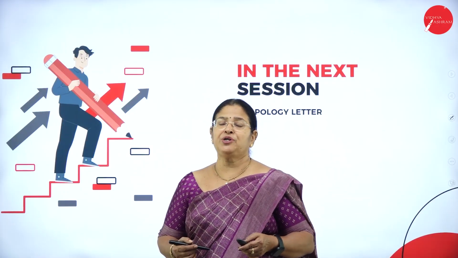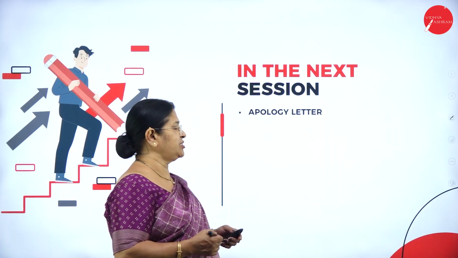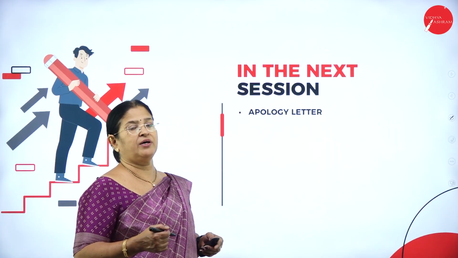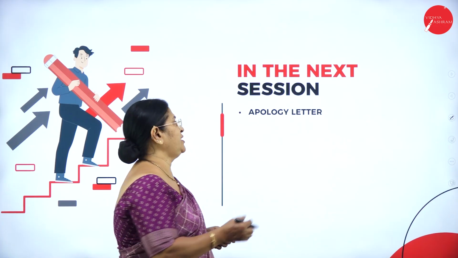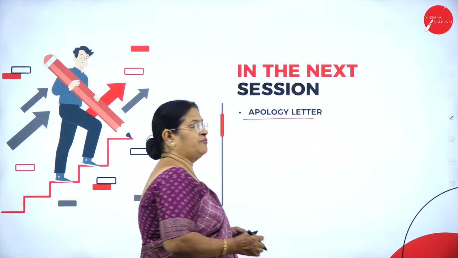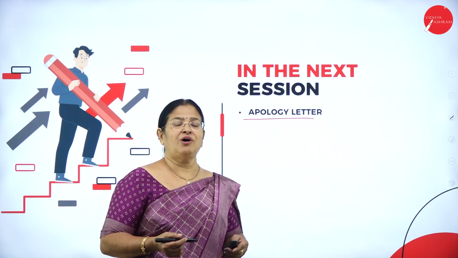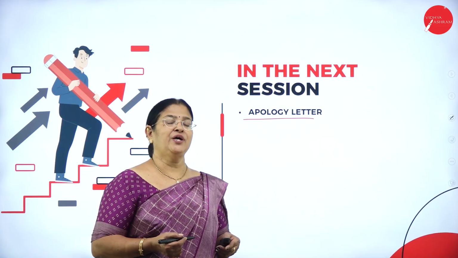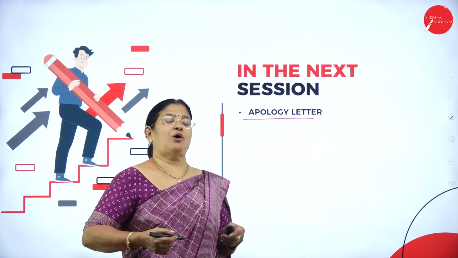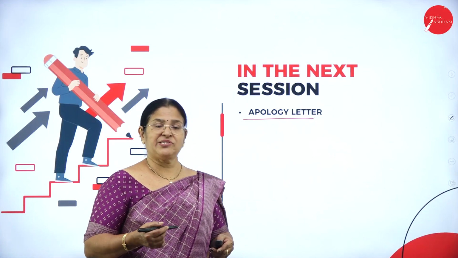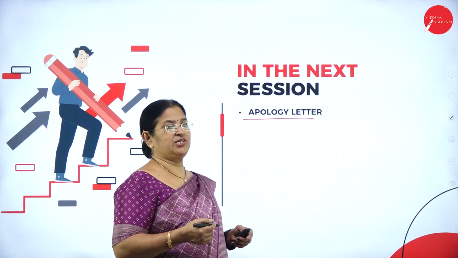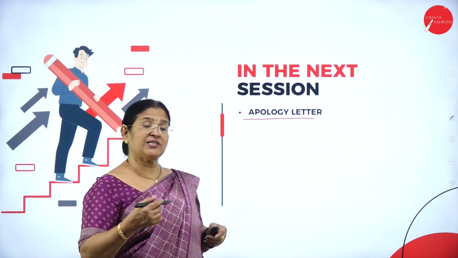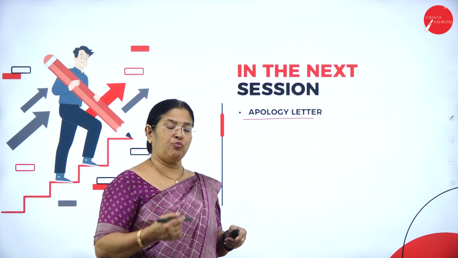So, what am I going to discuss in my coming session? Another very important continuation of language component 1 along with email is the apology letter. Whenever you have done something wrong or you want to say sorry to somebody, you need to write a letter to apologize for the mistake you have done, and that is called an apology letter. In my next session, I am going to discuss the next concept of language component 1, that is the apology letter.